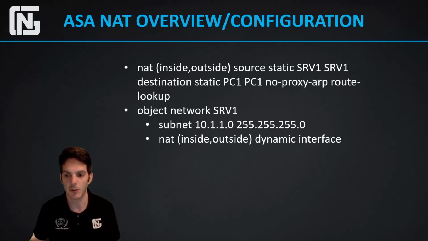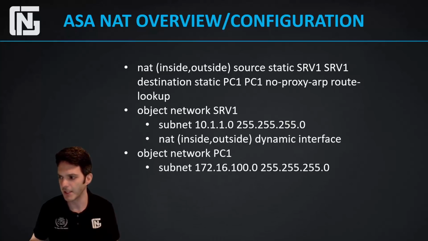Now, as we dive into it a little bit further, we have the objects that we've created. The objects have to be created before the twice NAT is implemented. One thing of note, we're going to take a look at this on the command line in just a moment. When you configure this line, NAT (inside,outside) dynamic interface, this is what's referred to as auto NAT or object NAT,